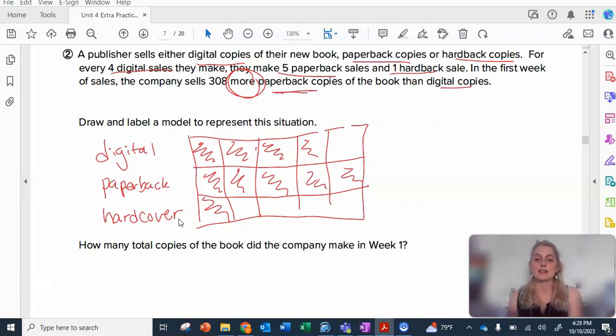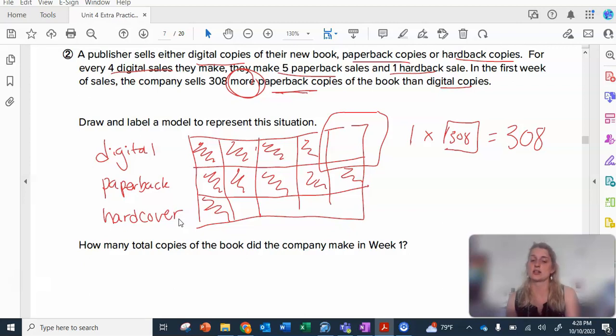More paperback than digital. More means I'm looking at the white ones, the empty ones. There's only one of them. 1 times something equals the number from my problem, 308. Oh, wow, look, I think it's 308. Okay, that's not the answer to the next problem, but we need to know that each box is 308 in